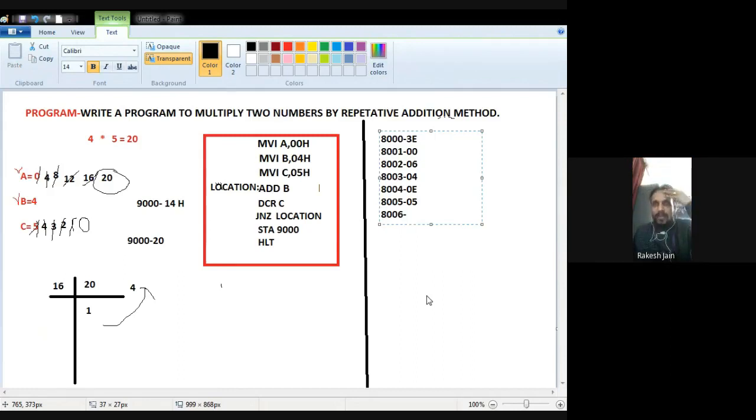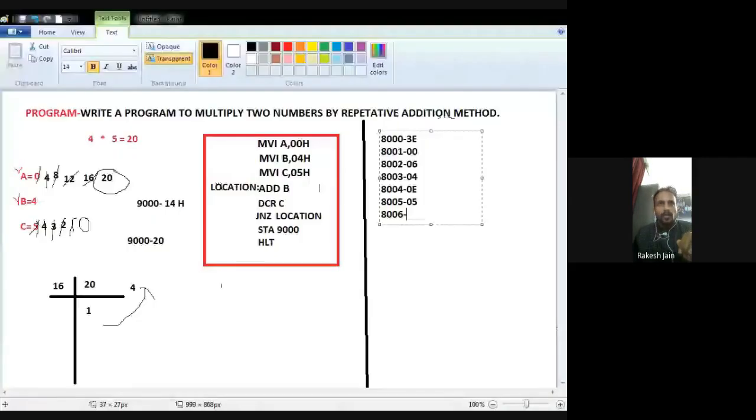What is the LOCATION? In the program we write down for the ADB, wherever I use the opcode of ADB, that is my location. So what is the location? Now remember, this LOCATION in my program is 8006, because at the 8006 memory location I am going to write down the opcode of ADB.